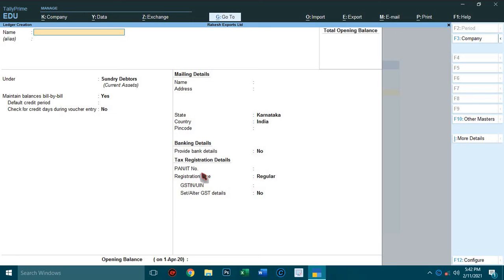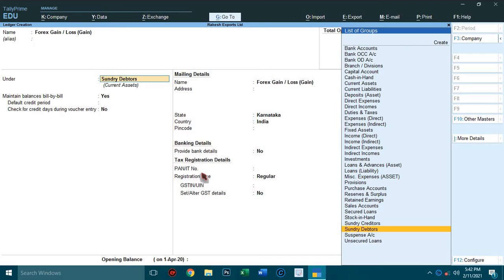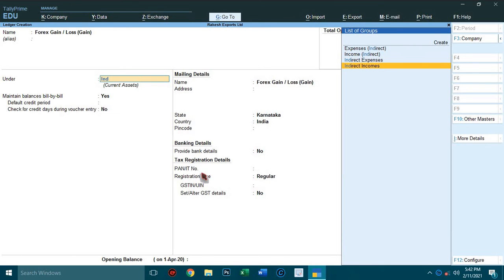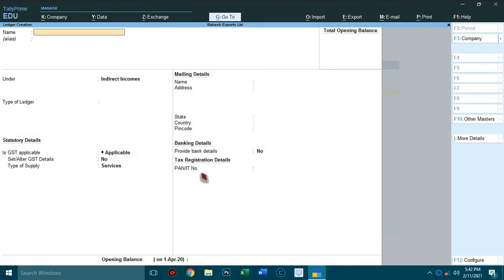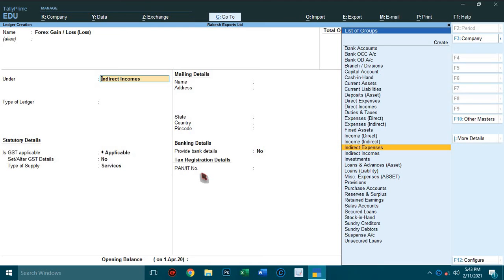Create forex gain or loss (gain), a gain ledger, under indirect income. One more, forex gain or loss (loss), under indirect expenses, because it is an expense.